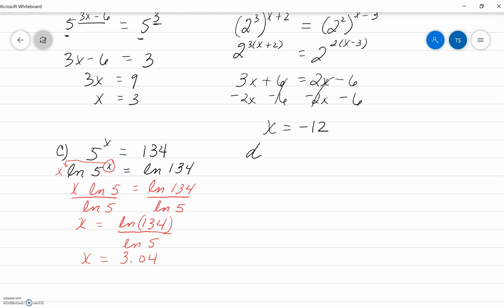All right, D, another example. Here I've got 10 to the x equals 8,000. Now, I know I said in the last problem that it didn't matter what log you used, whether you use common log or natural log, but in this case, since I'm taking a 10 to the power of x, I want to use a common log, okay, because of those properties of common log. Common log is base 10. So when we take the log of both sides,